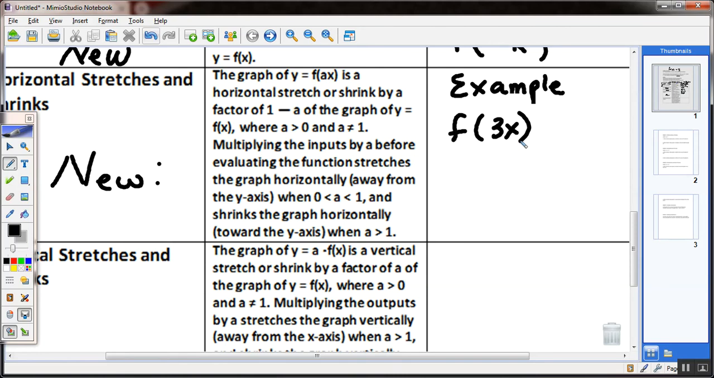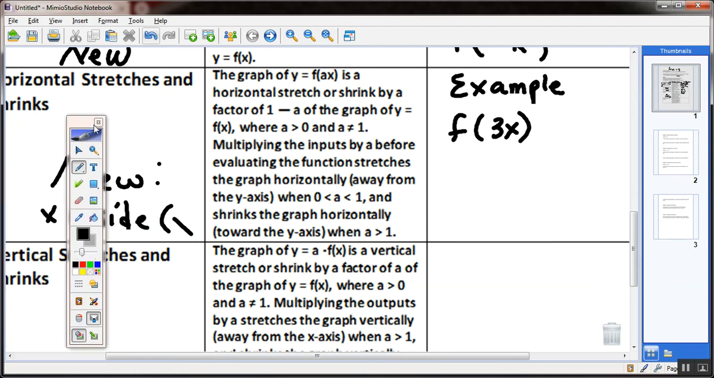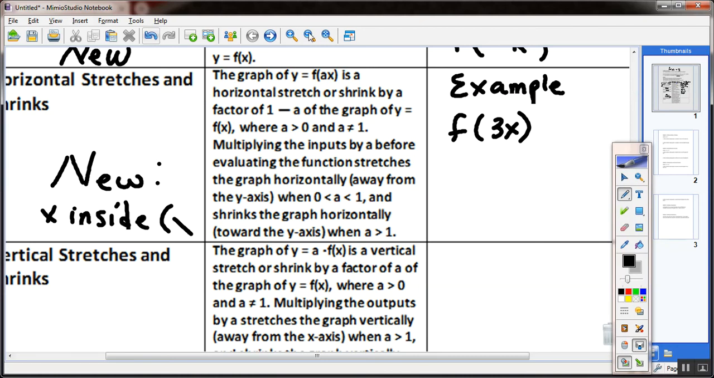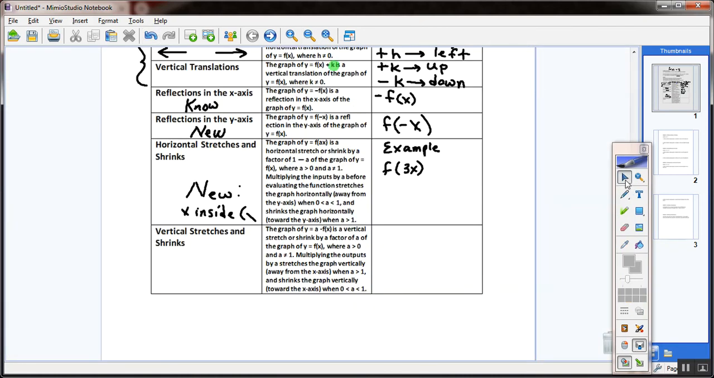Horizontal stretches are going to happen when you times inside of parentheses. Okay, and I should really change this here quickly. Let me do this. I should write it this way for you. I'm going to get rid of this part. This is going to happen when you actually, all right, it happens inside of parentheses. Okay, and you are timesing your parent function by a greater than 1. Okay. This is going to be a horizontal